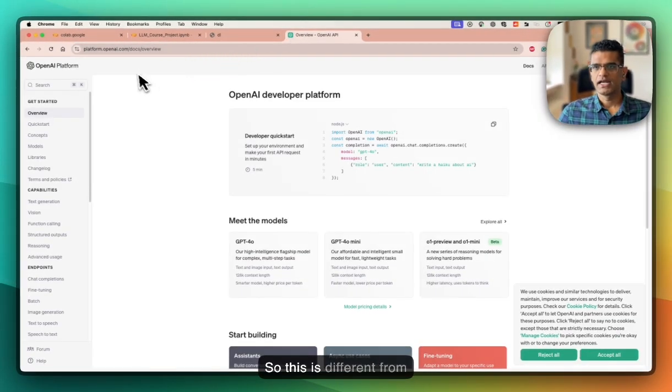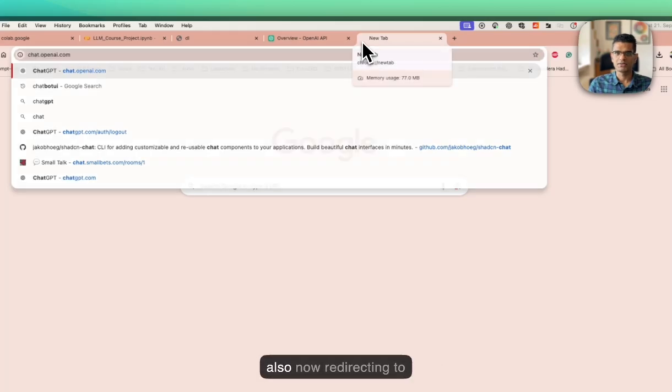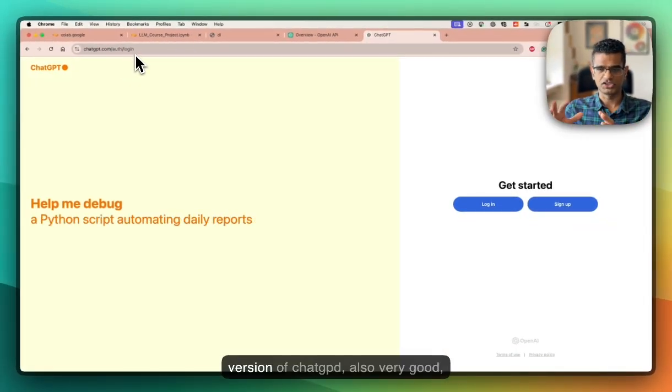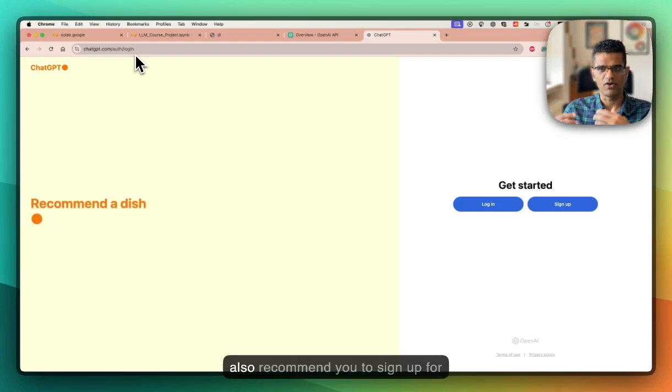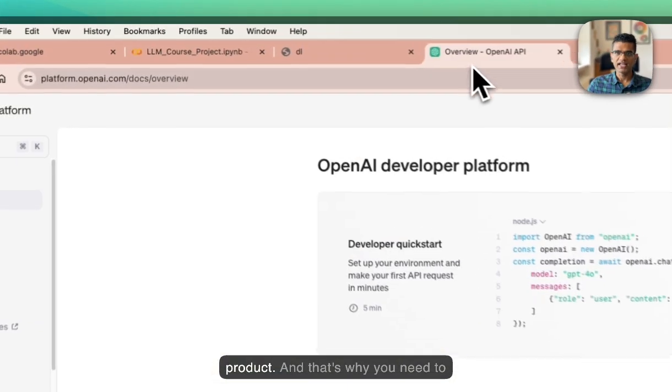So this is different from chat.openai.com, which is also now redirecting to chatgpt.com. This is the web version of ChatGPT, also very good, and I also recommend you sign up for it. But this is not what we are going to do in this project, because we are going to use the APIs that OpenAI provides in order to build our own product. And that's why you need to go to